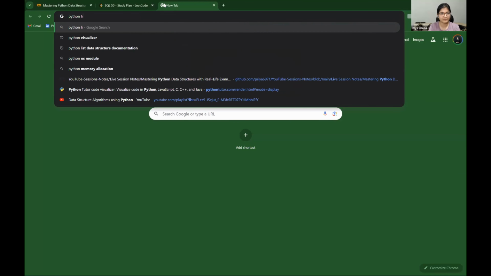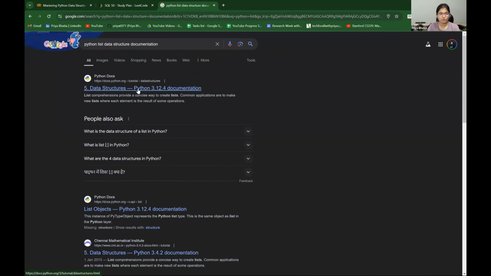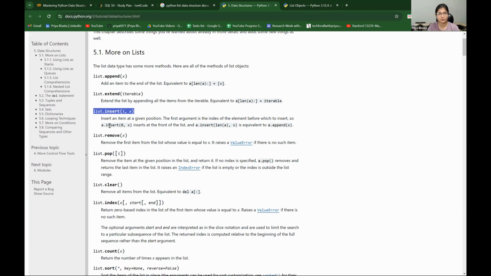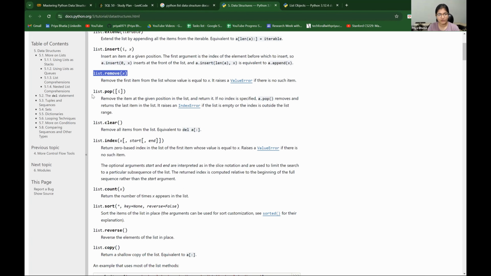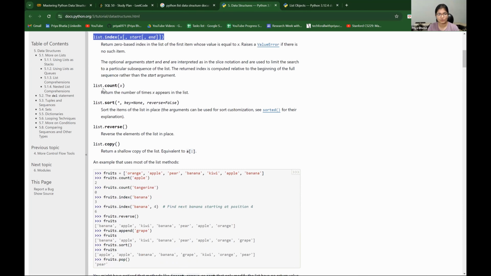For example, if you search for the Python list data structure documentation, you will be able to get a complete documentation of that. You can see every function inside the documentation is defined: what append will do, what extend will do, what insert will do, what remove will do, what pop will do, what clear will do, what index will do, what count will do. All the functions that we have covered, copy will do